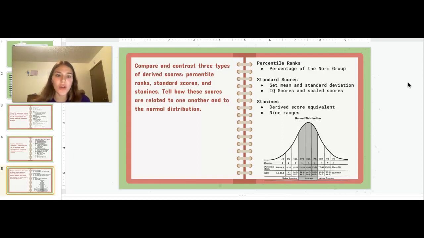And then standard scores is a derived score with a set mean and standard deviation. An example is an IQ score, a T-score, or a scaled score. And then a stanine is a derived score equivalent to a range of standard scores, which is divided into 9 ranges. I have an example on the PowerPoint right under, and it describes normal distribution and compares stanine